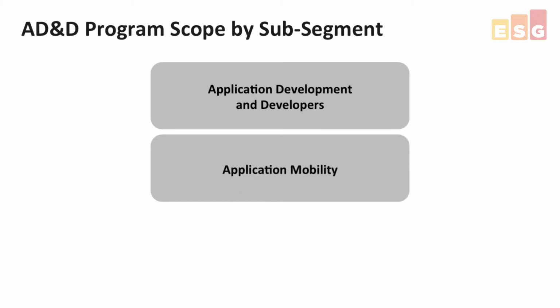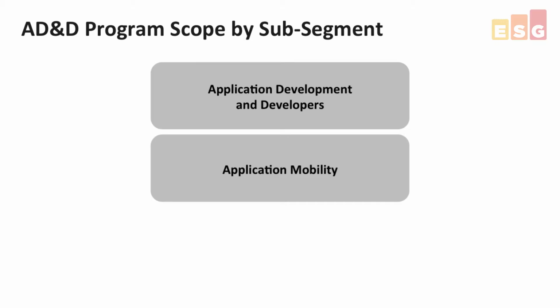Application mobility, which is in the center of the diagram, is now causing vendors and end-user organizations alike to completely rethink their application development and deployment strategies. Most companies are now thinking mobile first because the opportunity associated with mobile is immense due to having so much more context to work with. However, mobile has its challenges given the current trade-offs between native, web, hybrid, and mobile platform development. So much like all important market transitions, the stakes are high, the competition is intense, and the path forward is complex. So our research will focus on understanding enterprise and developer preferences and seeing how well aligned vendors are with these needs.